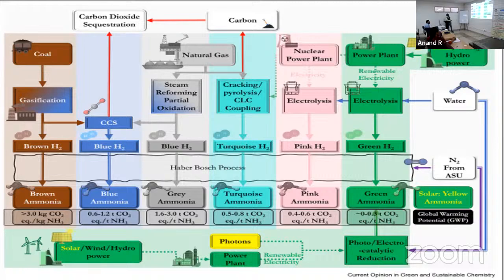So there are different inputs entering. For electrolysis, you are adding water. For the power plant, you are providing solar or wind. Then, hydrogen comes out from all the methods, and you need to provide nitrogen. From the gas separation unit, you are providing nitrogen to the brown hydrogen, blue hydrogen, again Turkish hydrogen, pink hydrogen, and green hydrogen. The reaction happens in the Haber-Bosch reactor or in the electrochemical method, and you are going to produce ammonia. Further, nitrogen will be provided from the gas separation unit.